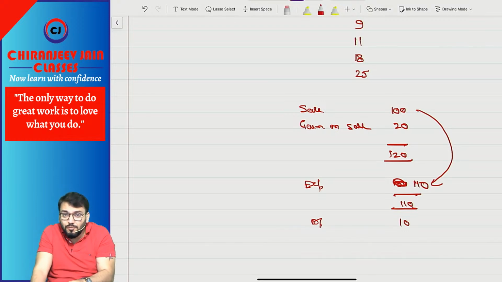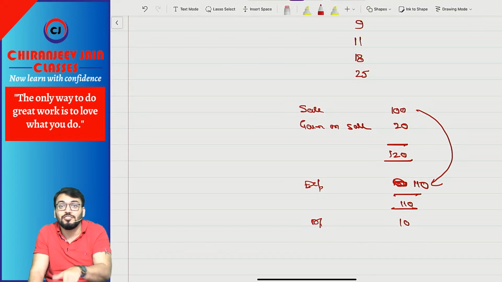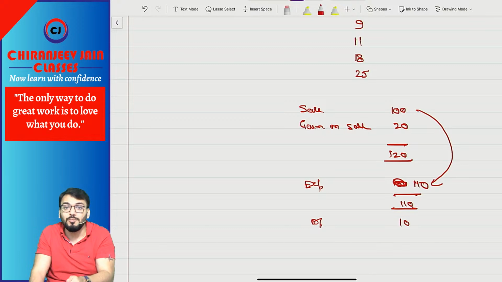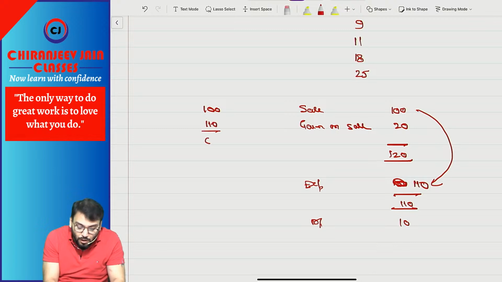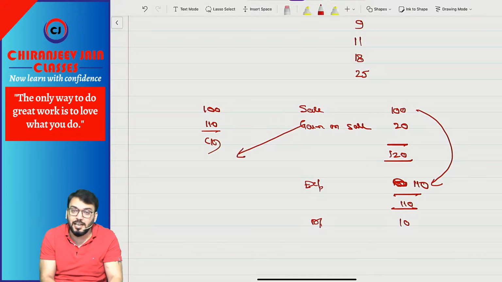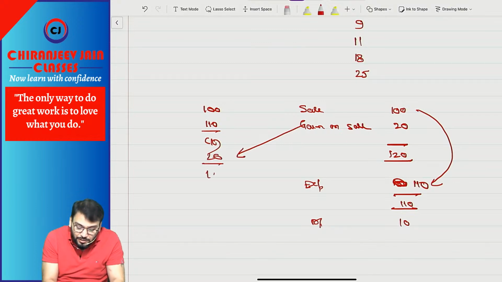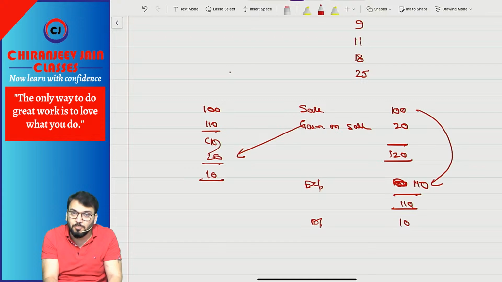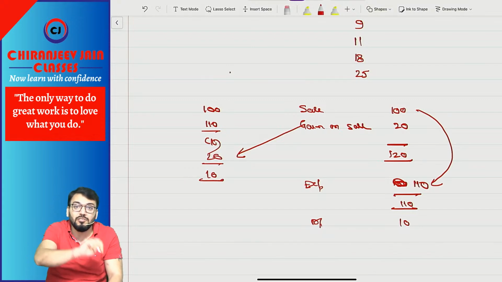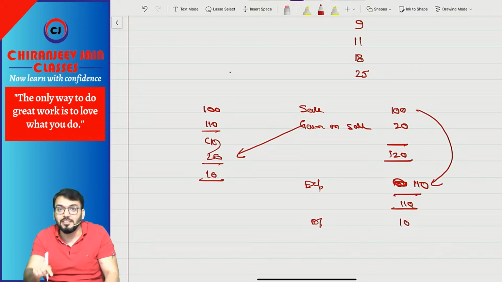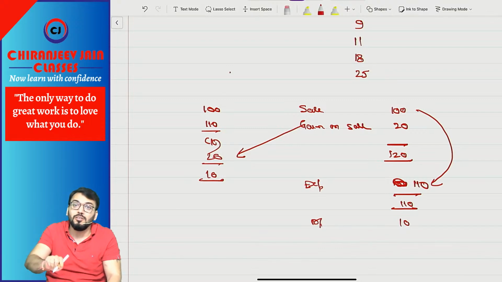So can I say for this a separate disclosure is required to understand the performance of an entity, meaning the user will not be able to understand whether it is profit making or loss making. So actually we should disclose in this way: 100 minus 110, there is a loss of 10 crore, and then we should disclose this as an exceptional item, 20 crore. So ultimately your profit remains 10, but if you present it in this way, the user can understand that profit from operation is actually a loss, that is 10 crore, and it becomes profit only because of the exceptional